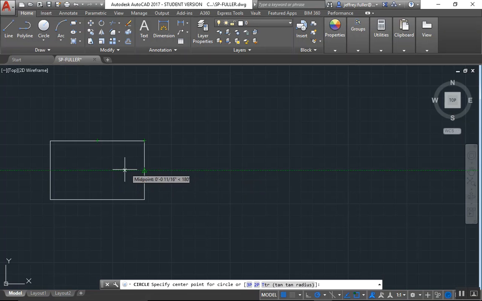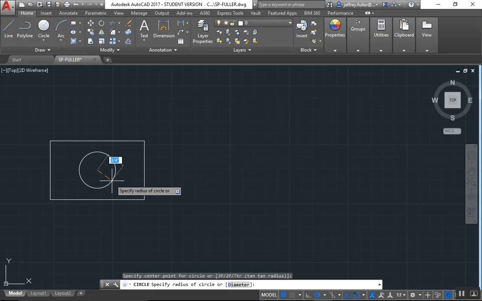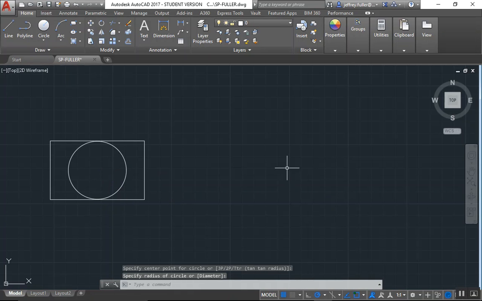So I can go right here, and then that dotted green line will show up again, and it shows up again here, and it actually snaps right to the middle there, so you can't go wrong. And then I draw my circle out, and of course I clicked to get the circle started. Okay, and I want it to be tangent,